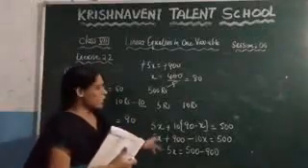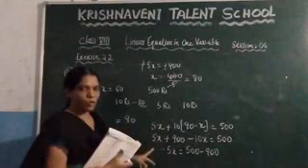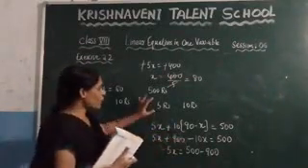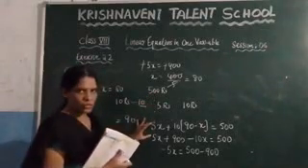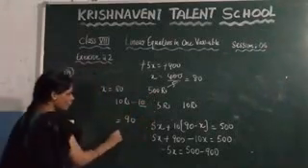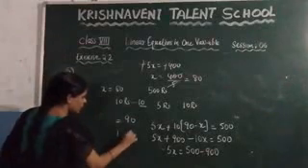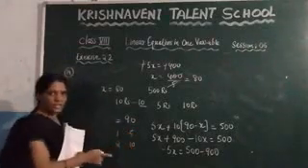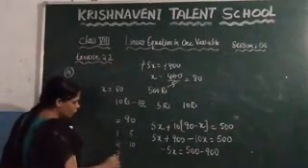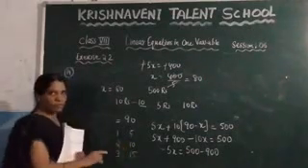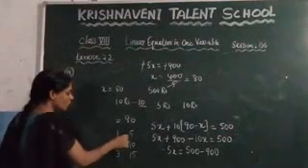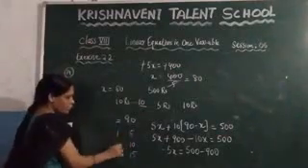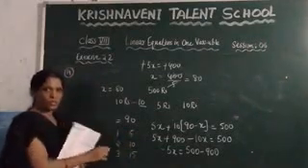Let us assume the 5 rupee notes are x. Then the 10 rupee notes are 90 minus x. Now the total amount of 5 rupee notes is 5 into x. Suppose you have one 5 rupee note, you are getting 5. If you have two 5 rupee notes, how much amount will you have? 10. If you have three 5 rupee notes? 15. How are you getting this? You are multiplying 5 to this value: 5 into 1 is 5, 5 2s are 10, 5 3s are 15. Like that you are doing.